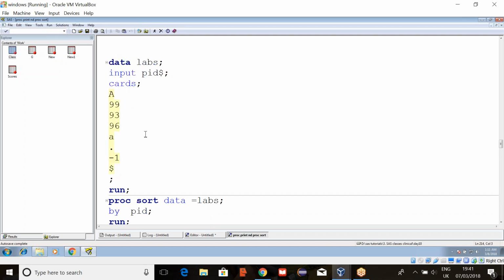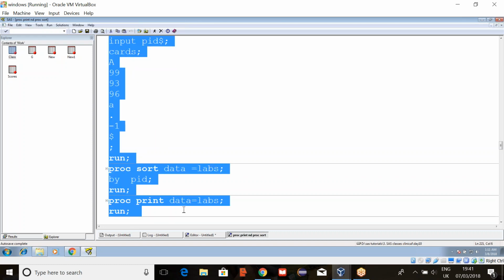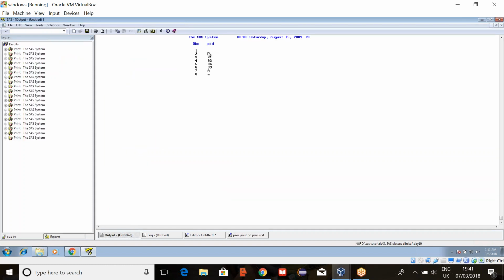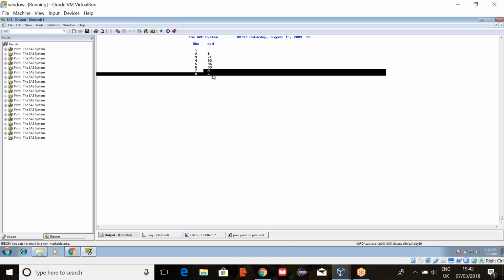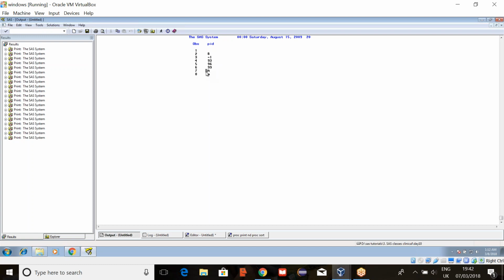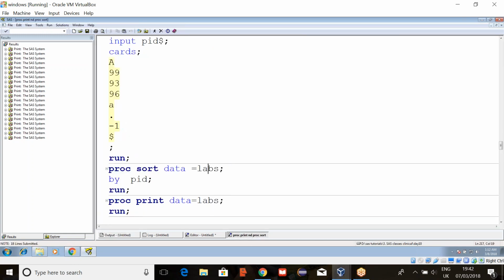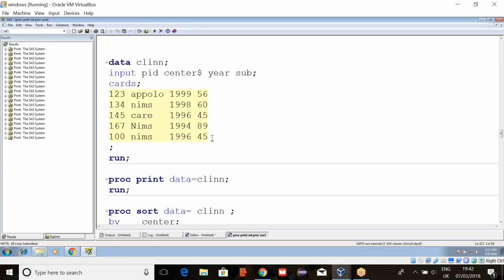Let's see. So first it will take missing values. Here we have one missing value, so it will print that missing value first and then the dollar sign and then numbers. Among numbers, -1 is smaller, so obviously it will take that first and then positive numbers. And coming to the characters, first it will take uppercase letters and then lowercase letters. Because how does it decide? Based on ASCII value. Anyone heard about ASCII values?